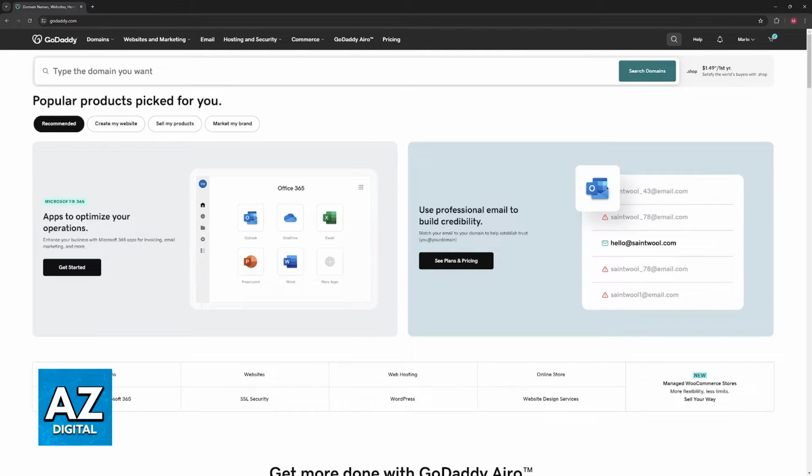So for you to completely delete a website instead of unpublishing it, all that you have to do is sign into your account on the GoDaddy website on a web browser on your computer or your phone, and after you are properly signed in, click on your name or your account option over here on the navigation bar. Then, instead of going over to My Products, you have to go over to Renewals and Billing.